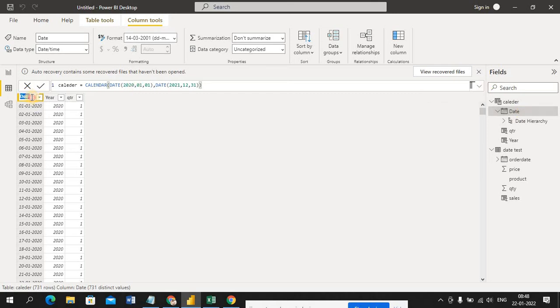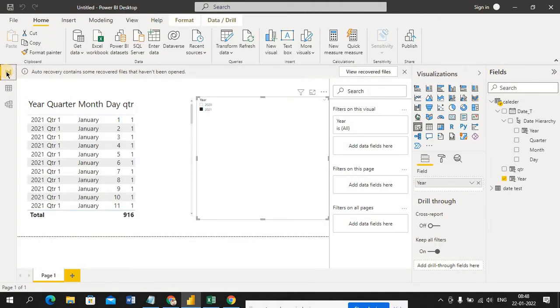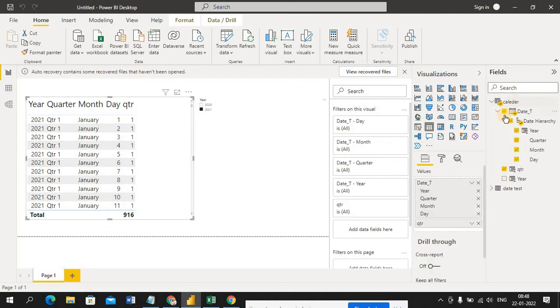Just calendar date underscore dt. Okay, I'm looking for this name, so dt. Just go to front end. Okay, just select this. I'm looking for this date dt within this. Okay, select.